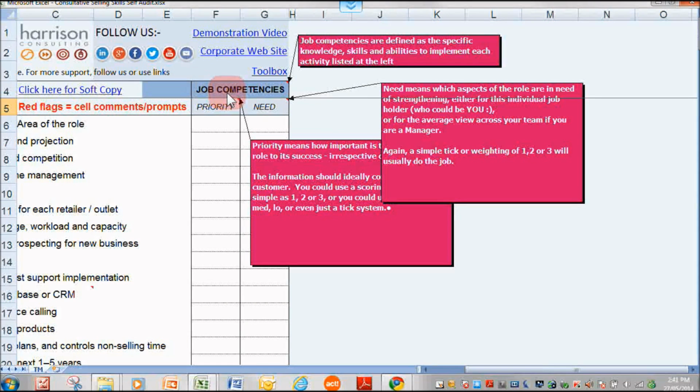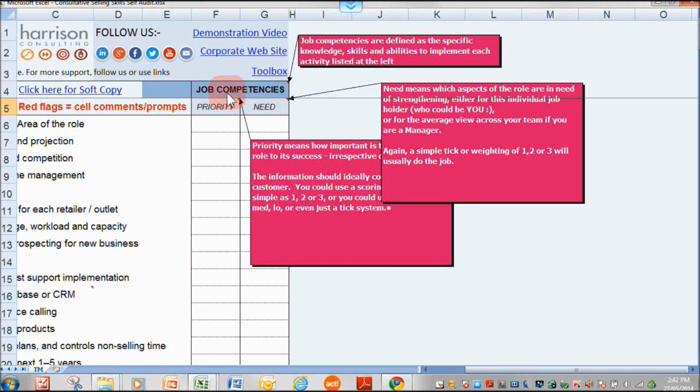And it allows you to scope what you consider to be the priority areas of this role in terms of meeting its KPIs and also your own level of need. Could also be used by a manager, I guess, in auditing the needs of his or her team